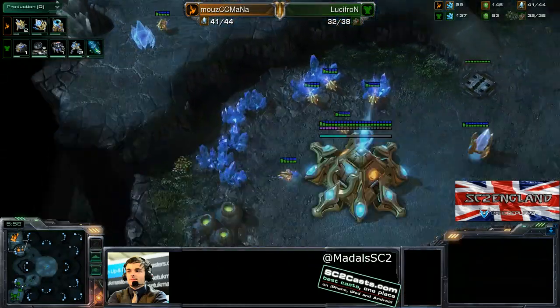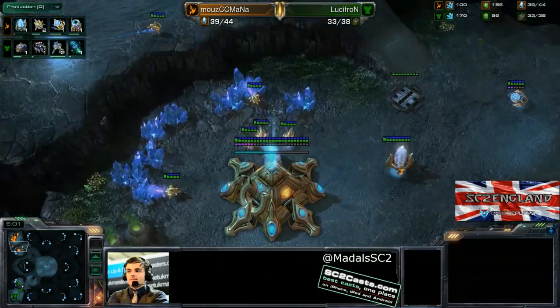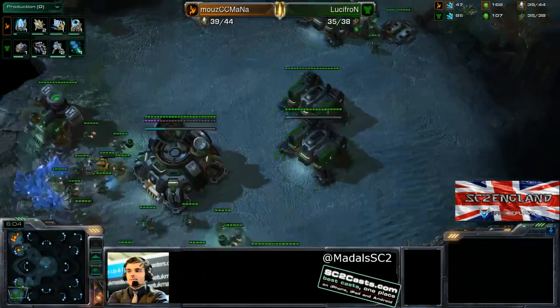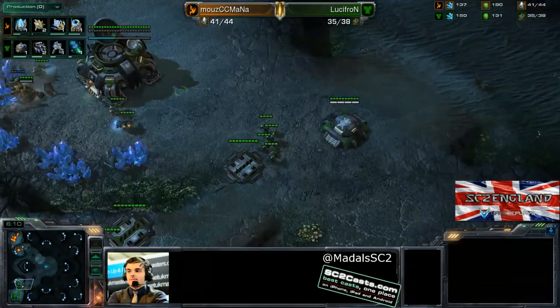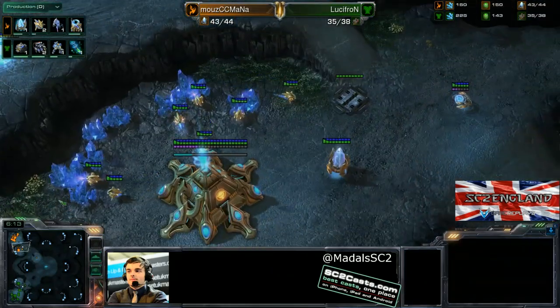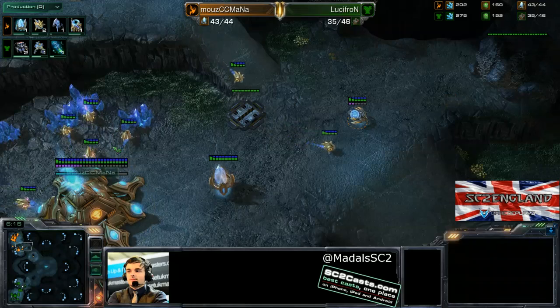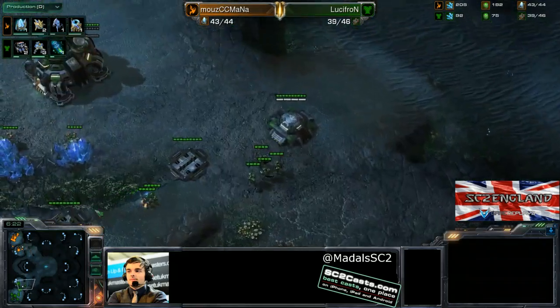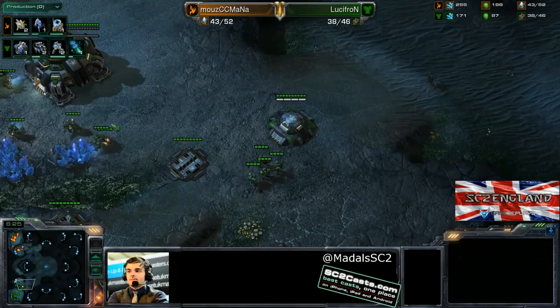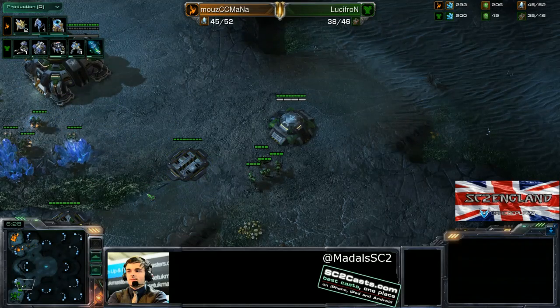We should get some additional gateways shortly, because the money will start creeping up for MaNa. Meanwhile though, down at LucifroN's base, we've got Stim on its way. Stim, fantastic upgrade in any situation, but the real defining moment in TVP is that you need Stim to really start wrecking gateway units, and once Stim's out, you deal so much damage with Marines and Marauders against gateway units